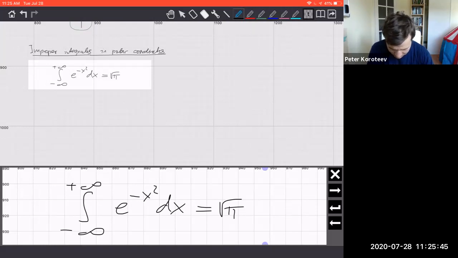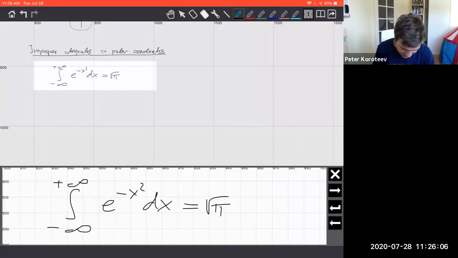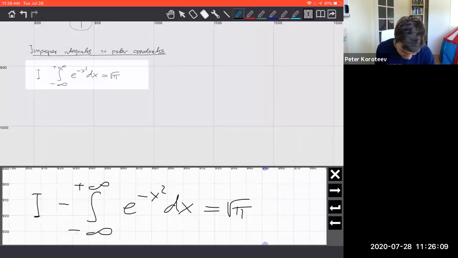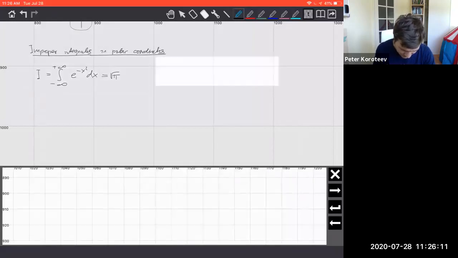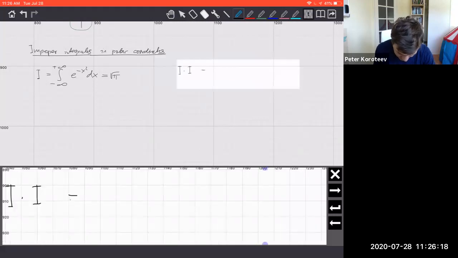So I'll give you the derivation for this result using, I don't remember, is it 2 root pi? Yeah, I think it's correct. Using double integration in polar coordinates, and the reason why I say it's back to pizza is the following. Let's call this integral I. Now let's take I and multiply it by itself. So consider I squared.